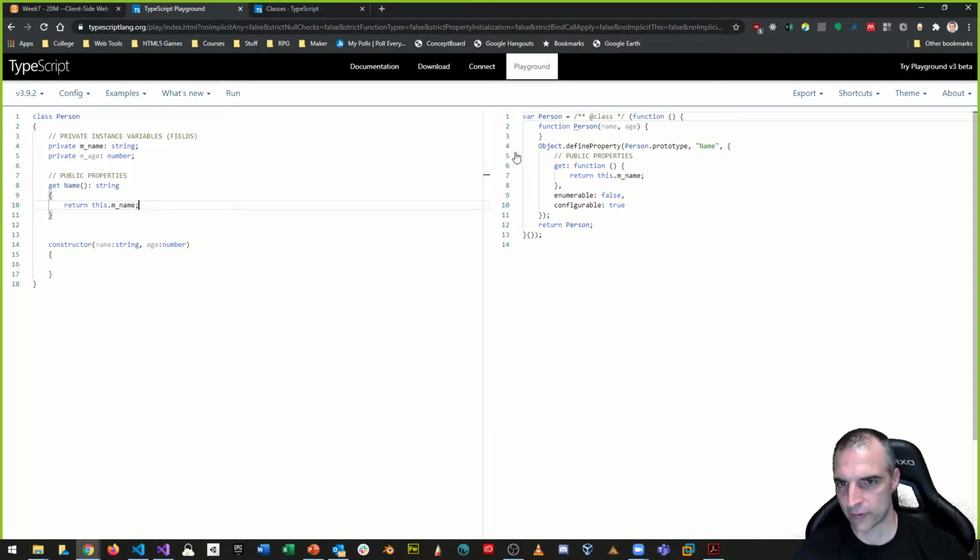Take a look over here. What's happening, guys? There's this weird stuff going on over here. We're going to come back to this Object.defineProperty stuff because, my friends, this is the way you define a property in old JavaScript, like this. And I say old as in ECMAScript 5 old, not old as in 1980s old. And then we're going to do the set